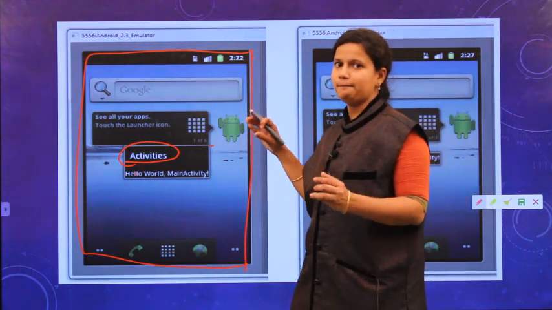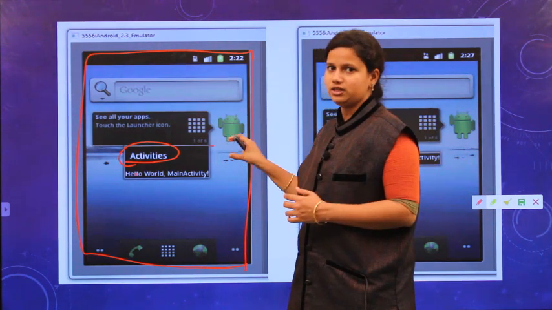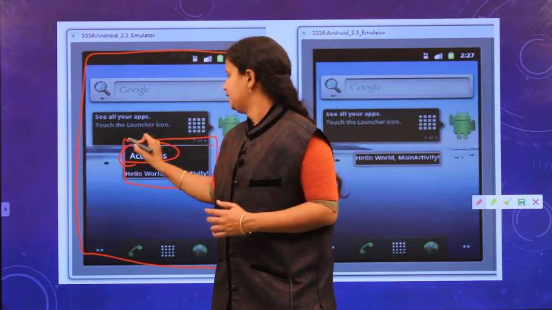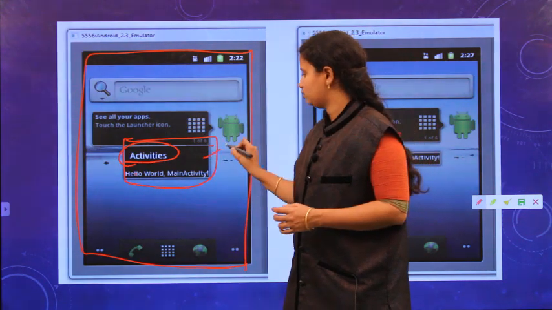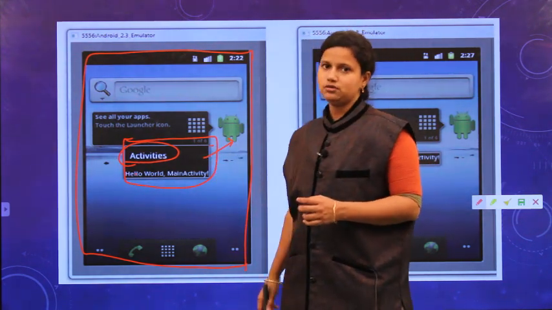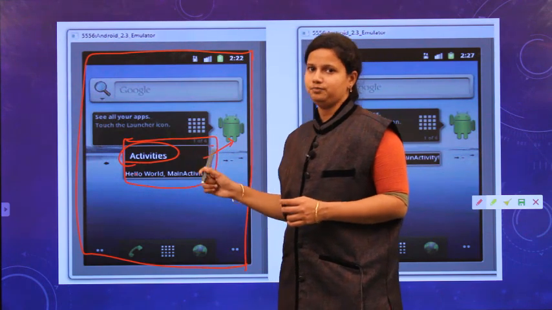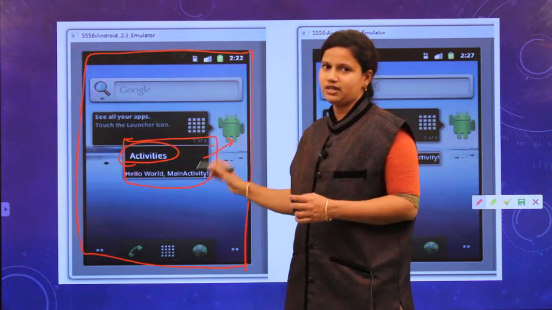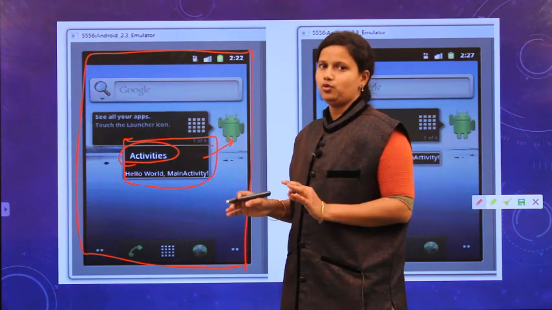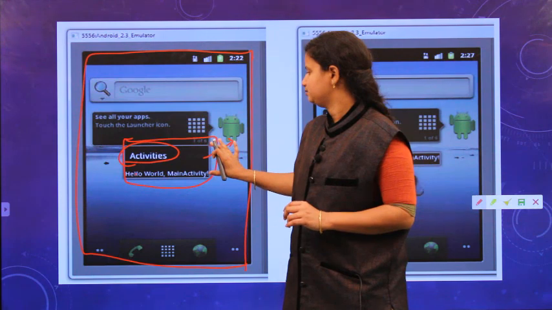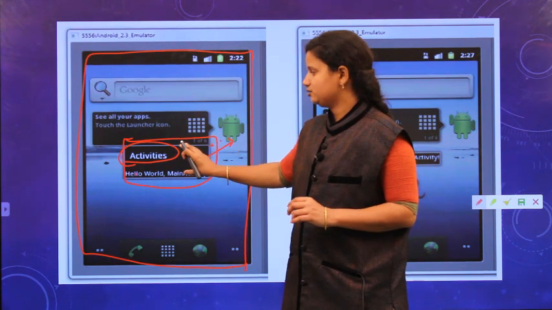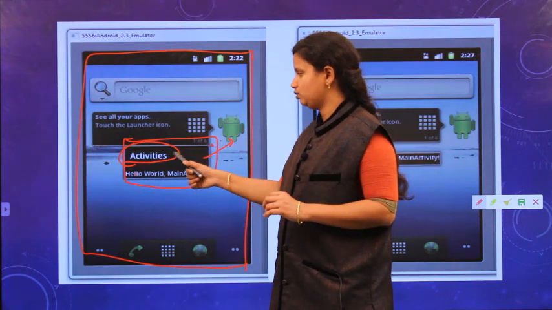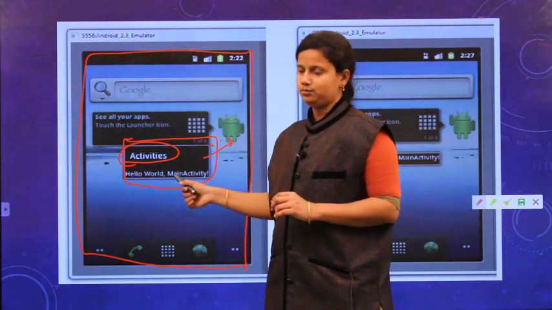But I want to apply a theme only to some particular position. So this particular position I want to apply a theme, so that it displays only in that area. Why? Because we are applying Theme.Dialog. That means the entire activity is reduced. In that entire activity space, I want to apply a theme only for the dialog space. That's why the theme is only allocated to some particular position.